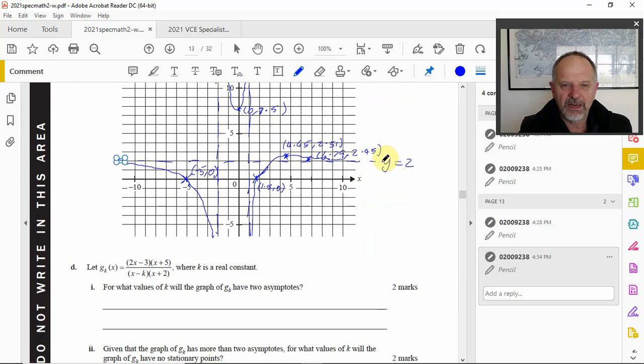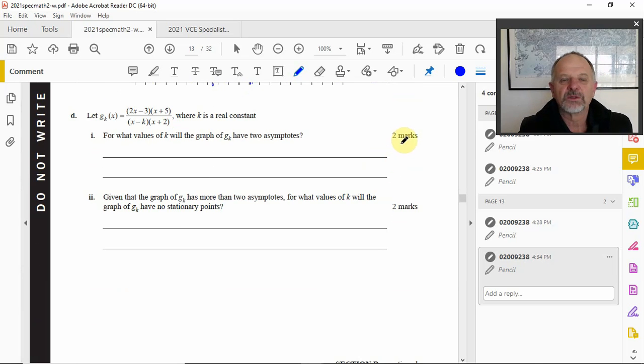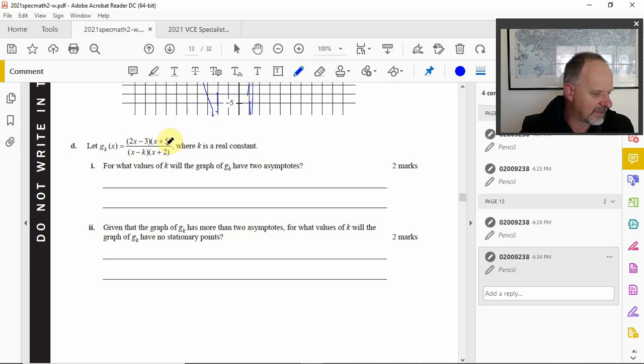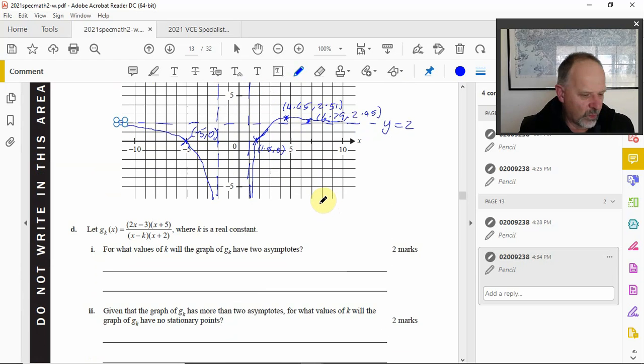All right, next part, part D. Now these next 2 parts hardly given us enough space, but anyway, not to worry. So what values, so we've now just changed it a little bit. So one of our factors on the denominator, we put this k here instead of what was 1, I think. Was it -1? Yes, -1. So we've now put a k there, so it could be anything. So it says, what values of k will the graph have two asymptotes? So at the moment, there's three, two vertical and one horizontal. So when will there be